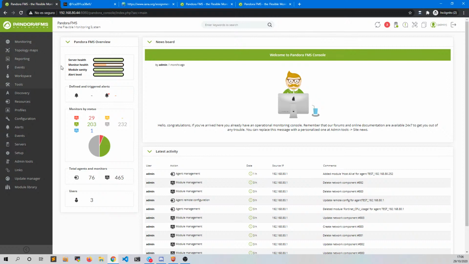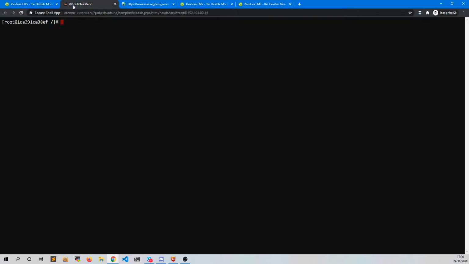If we want to identify this number in our device, we only need to execute the next call. So we can go to our terminal, and we will make an SNMP walk to the device with the following OID. In my case, I try SNMP walk version 2C, the community, the IP of the device,